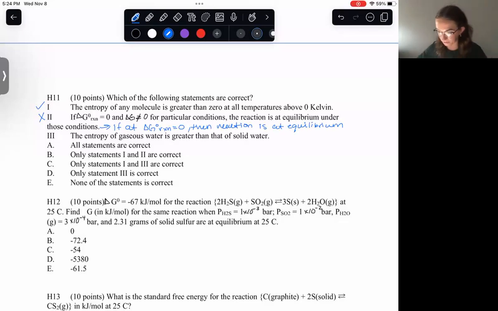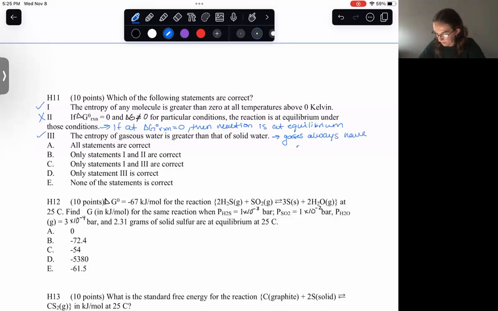Okay, and then question 3. The entropy of gaseous water is greater than that of solid water. Is that true? Or, entropy of gaseous water is greater than the entropy of solid water. Yep, this one's true. Right, gases